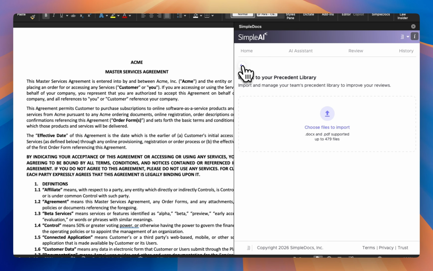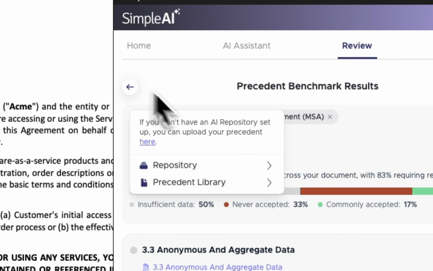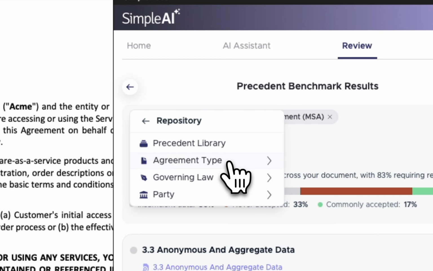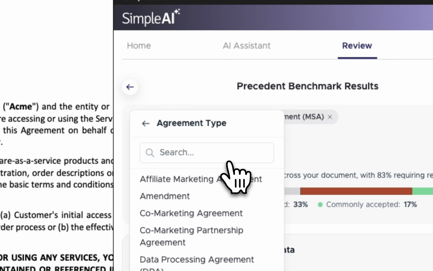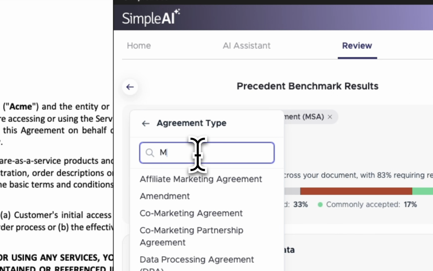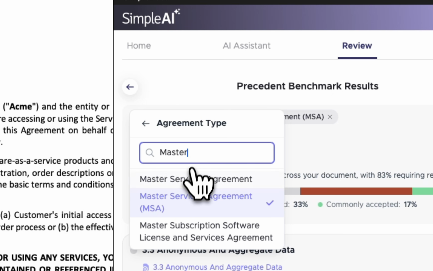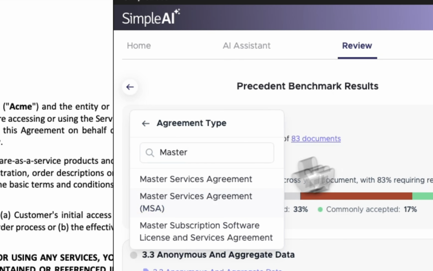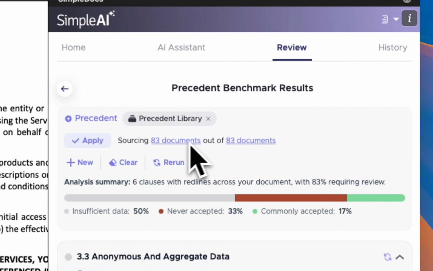We have integrations with SharePoint, with iManage, with Box, with all sorts of CMS tools so that you can rely on your existing data for this purpose. But once you've established your precedent, what it allows you to do is similar to market intelligence. I have the ability now to filter by whatever I have in my library. In this case, it looks like there's 83